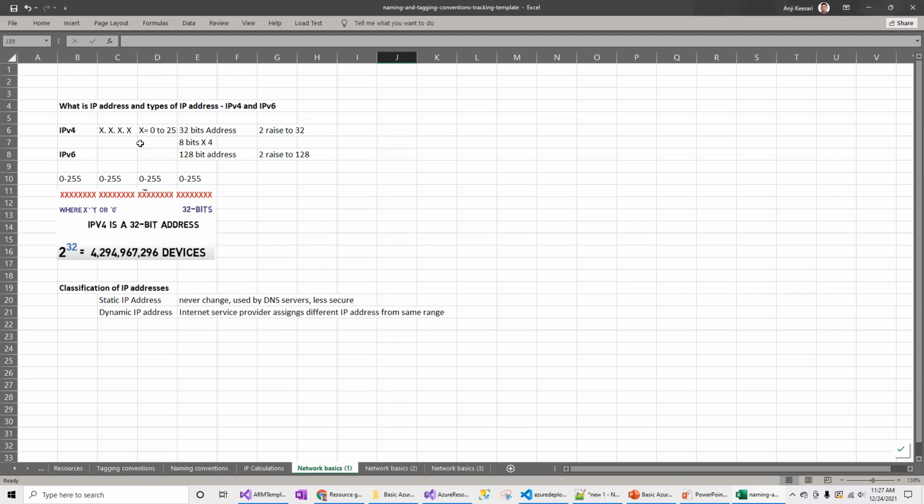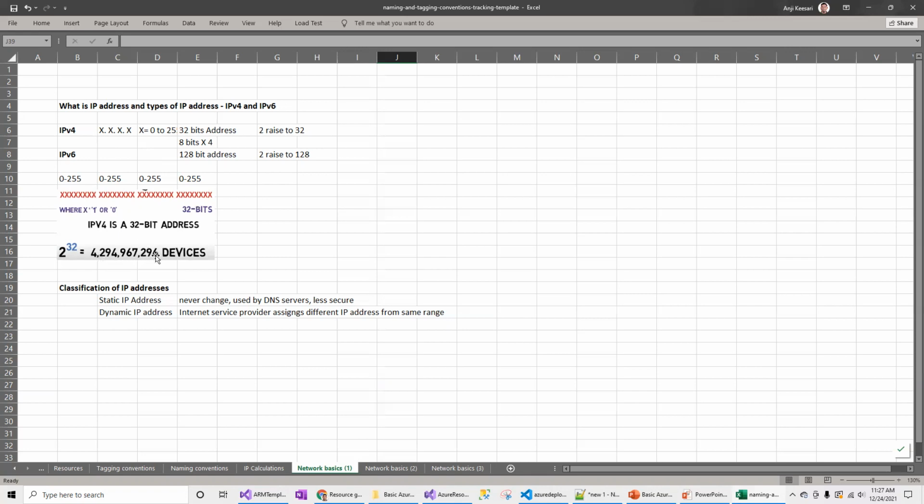There are two categories of IP addresses, IPv4 and IPv6. IPv4 is the 32-bit IP address range, which has 4 segments. Each segment has 8 bits in it, and it supports values from 0 to 255. So that's how you can think of the number of devices in the 32-bit address space.